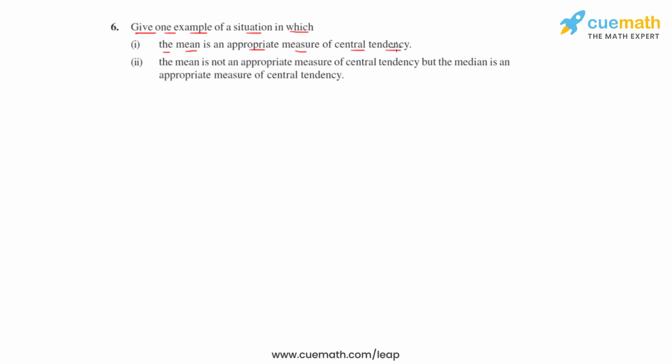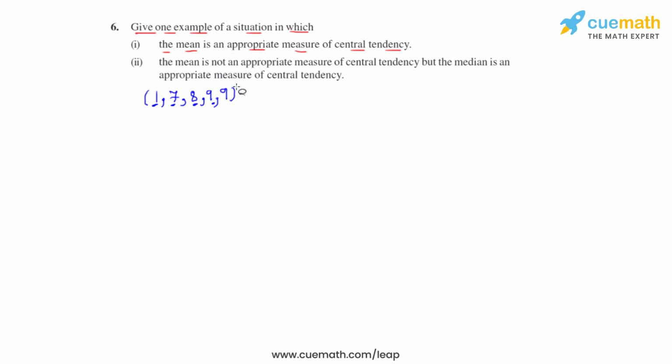Because extreme values in a data affect the mean, and this is one of the weaknesses of the mean. So if the data has a few points which are very far from most of the other points, then mean is not a good representative of data. So we can take an example and understand this. So let's say we have a data which has data points 1, 7, 8, 9 and 9. So in this case we can see that the data point 1 is very far from 7, 8 and 9. So in this case mean is not an appropriate measure of central tendency.